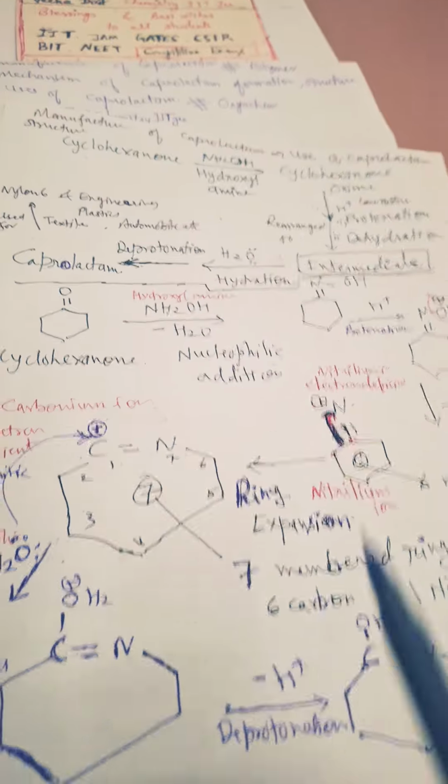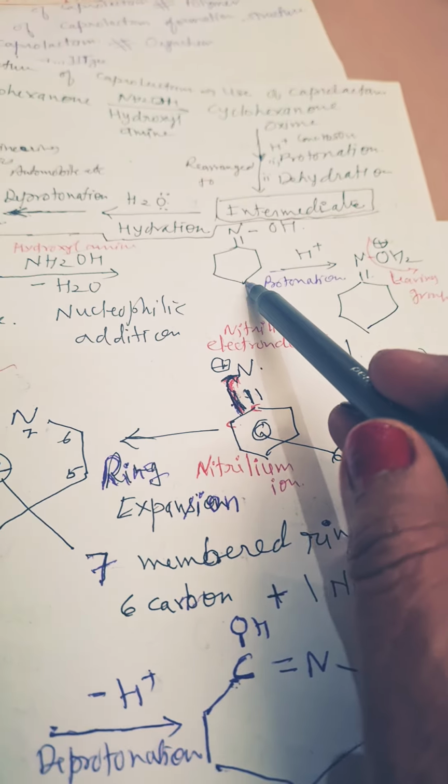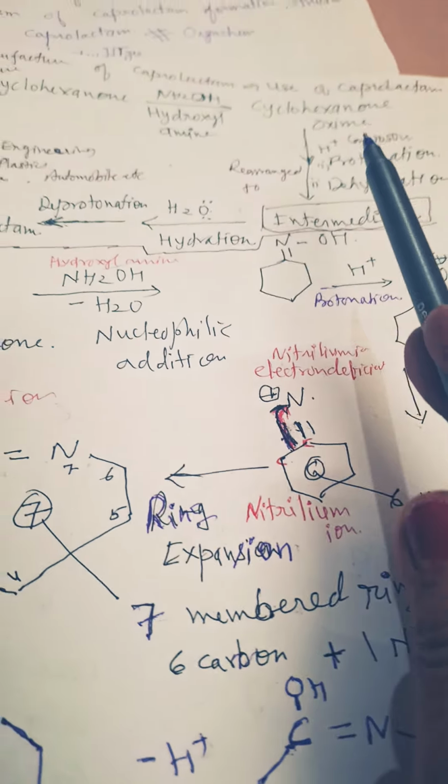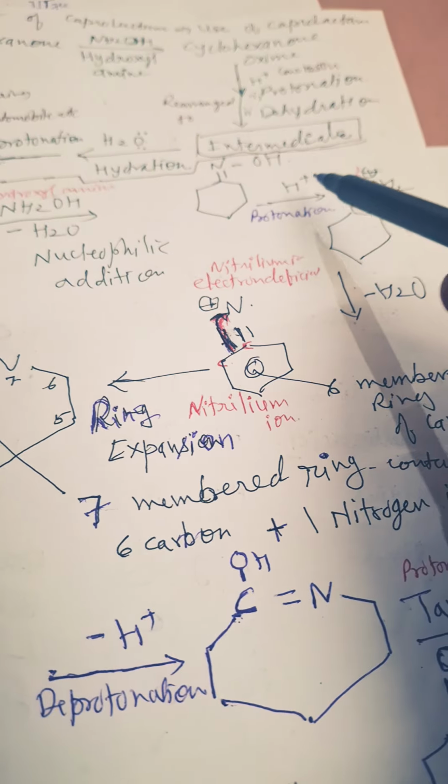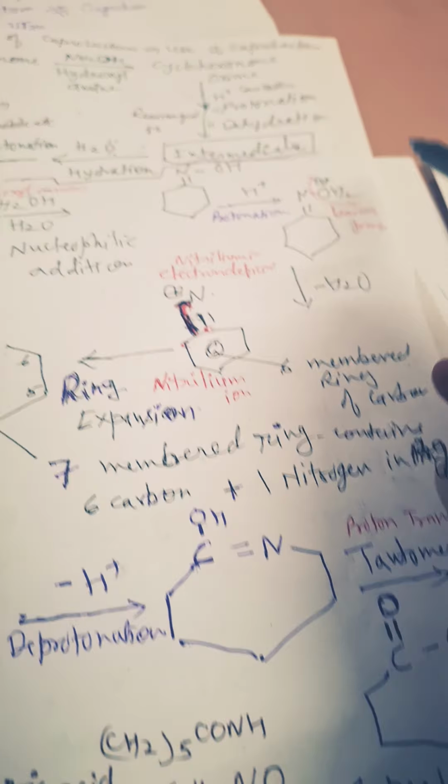Now I will tell you how. See, cyclohexanone is there, NH2OH, water will be lost from here. O is linked with nitrogen, so we'll get oxime. I had written at the top everything. Cyclohexanone oxime, and then protonation of this hydroxyl group removes the leaving group OH2, and then